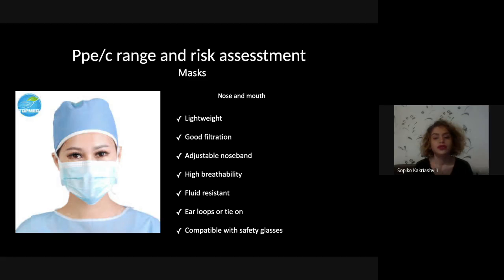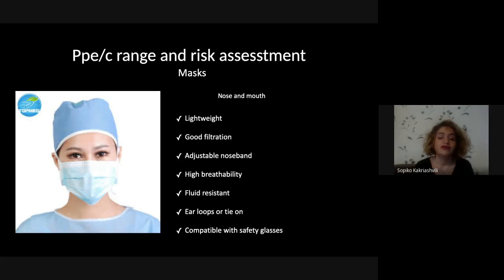It should have an adjustable nose band and high breathability. Maybe the face mask has very good filtration for microbes, but it's too thick and we can't breathe. If we can't breathe, we will have hypoxia, and we won't be able to work with patients.